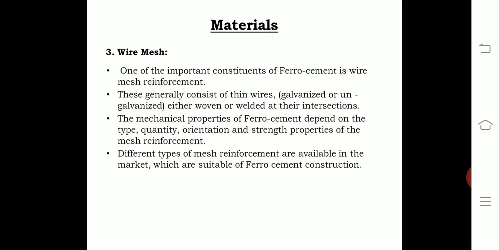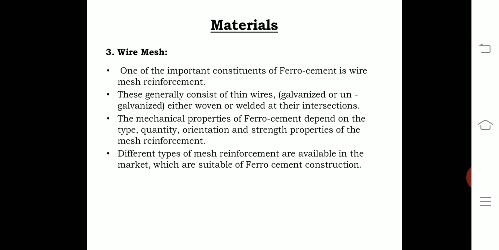Coming to woven wire mesh, it is fabricated by simply weaving the galvanized wires into desired grid sizes without welding them at intersections, but the grids are generally square in nature. The mesh wires are not perfectly straight and some amount of waviness exists. Coming to welded wire mesh, it is fabricated in rectangular or square pattern by perpendicular intersecting wires, usually of 2 to 3 mm diameter, and it is made of low to medium tensile strength steel, which is much stiffer than hexagonal or woven mesh, and they are welded together at the intersection.